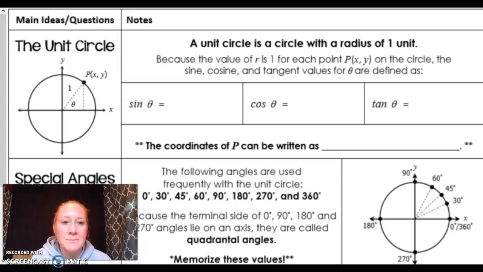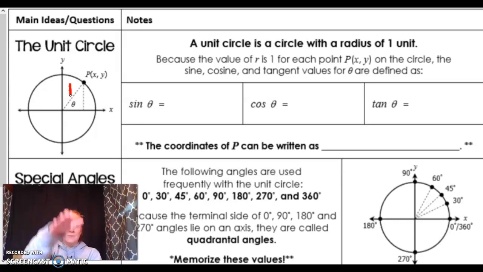So basically, here's what happens. Over here I've got this circle, see it? And it's called the unit circle, which means that the radius of the circle is going to be 1. And that makes all of the difference in the world and makes things a lot easier. So because the value of r is 1, each point on the circle, the sine, cosine, and tangent, are defined